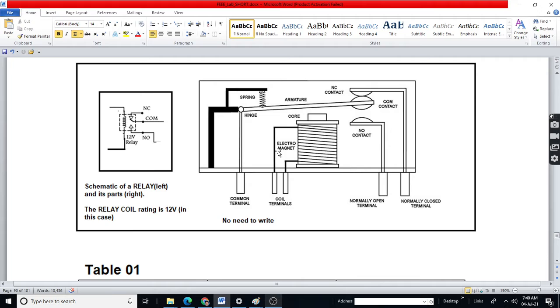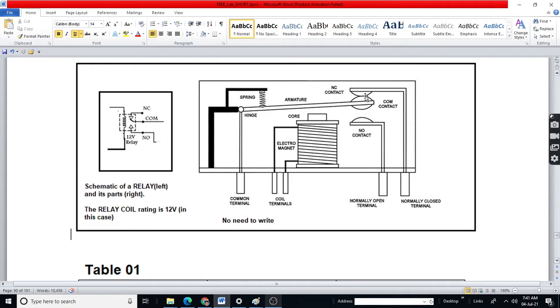That voltage depends upon the relay coil and the core. Now, this black dark part is nothing but support. The hinge here, the armature rotates when the relay is actuated or deactivated.